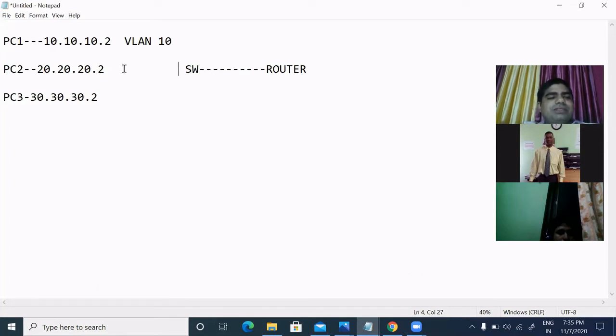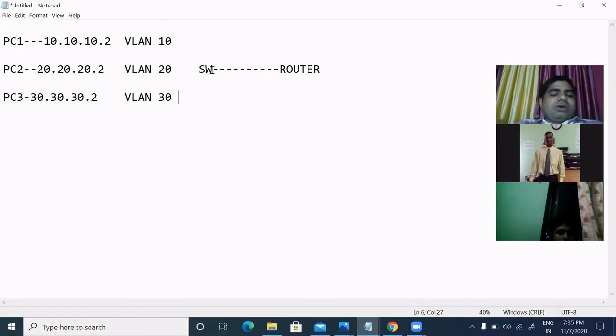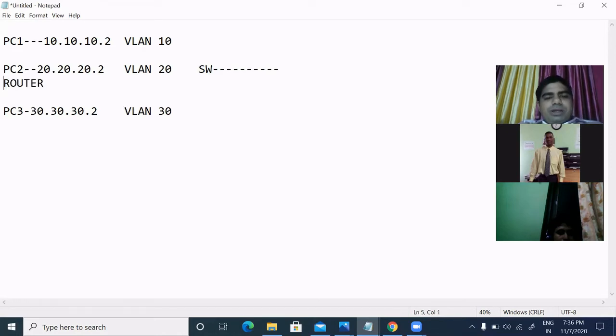On PC2, we will assign VLAN 20, and on PC3, VLAN 30. Firstly, I just want you to have a clear idea of what we are going to do. We will connect these three PCs with a switch, and this switch will be connected to a router.